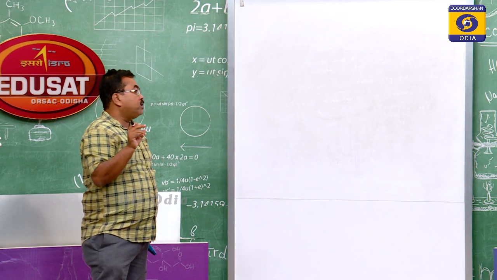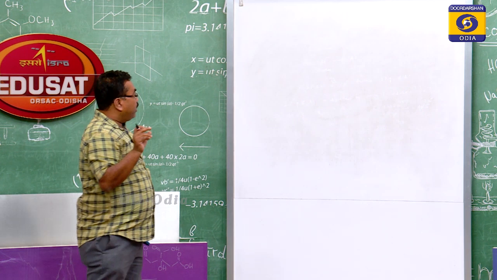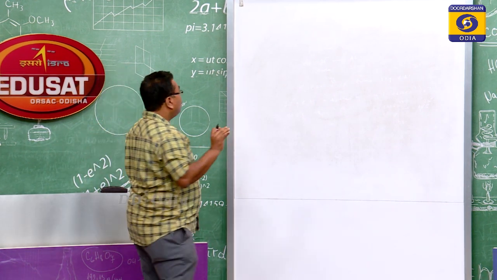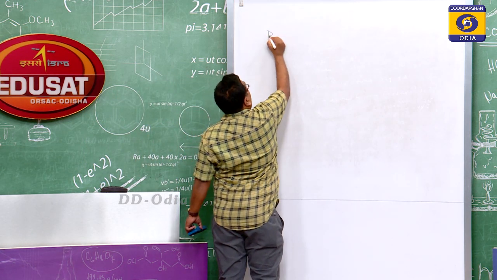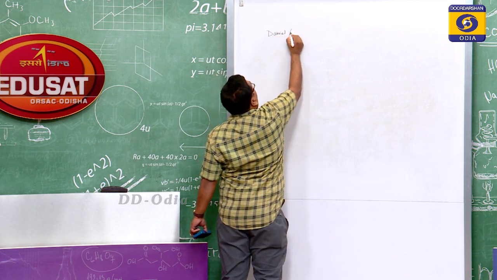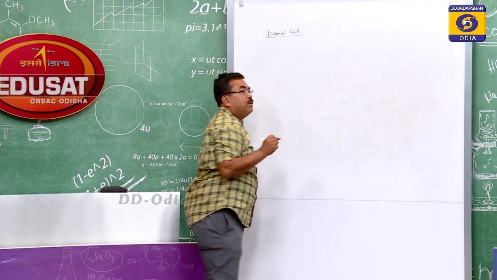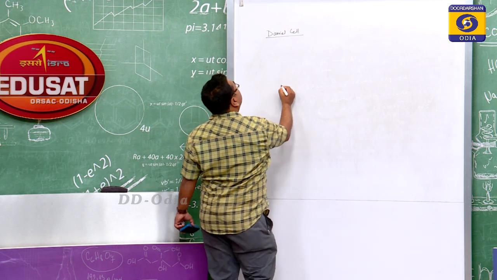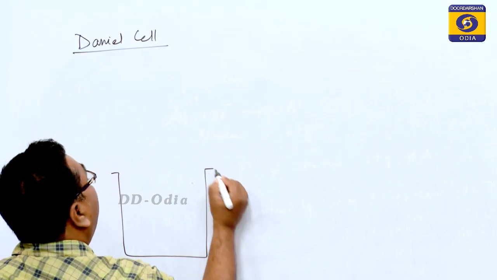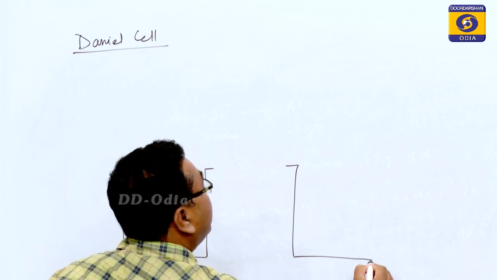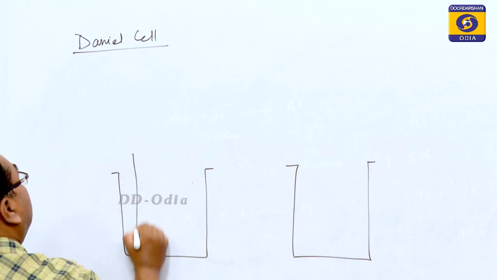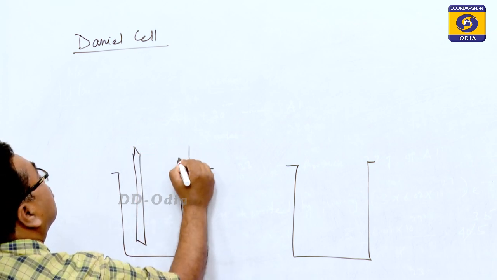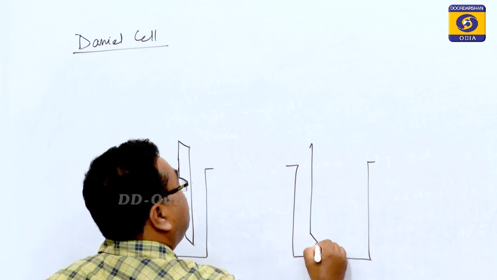To better understand this, let us draw a general type of galvanic cell. We shall take the example of a Daniell cell to understand the working, construction and function of the cell. So, what is a Daniell cell? Here you see, having two compartments, we call them half cells. These are the metal strips.